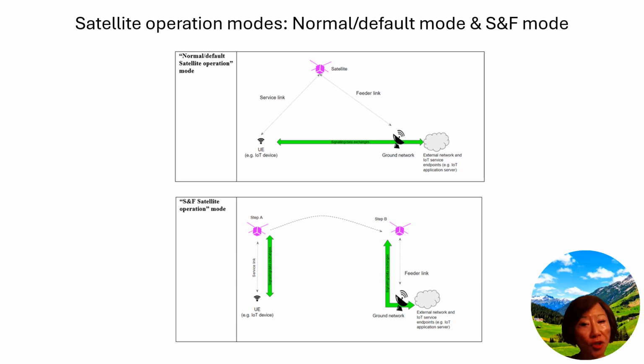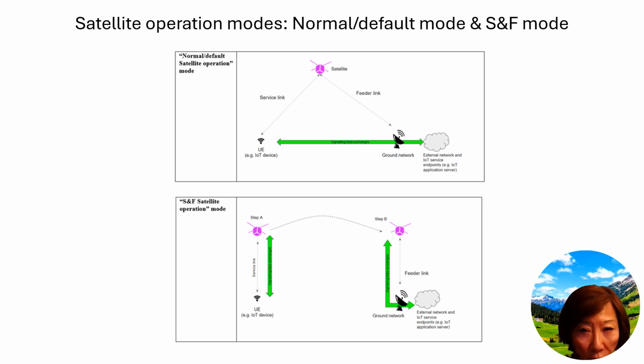Okay, what about the bottom diagram? The bottom diagram has all the same elements. I won't go through them, but we have two satellites on top. They're labeled as step A and step B, and it indicates a two-step process in the communication here. So we have two green bent pipes instead of one. So with all the same elements, what is it doing here?